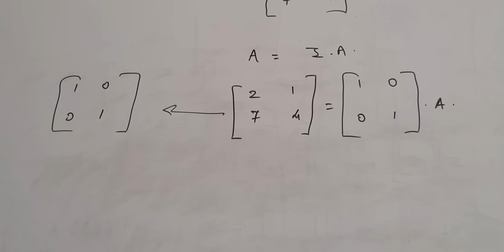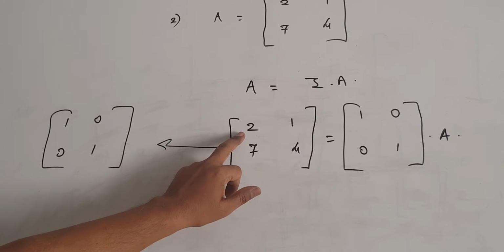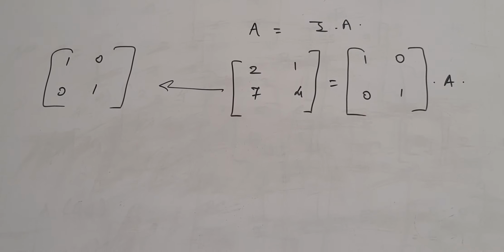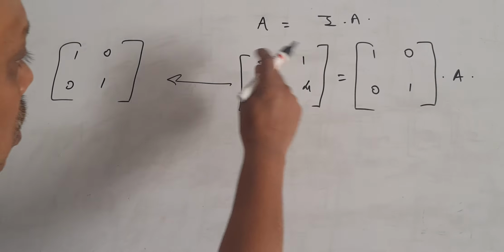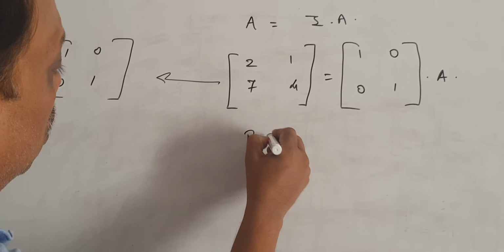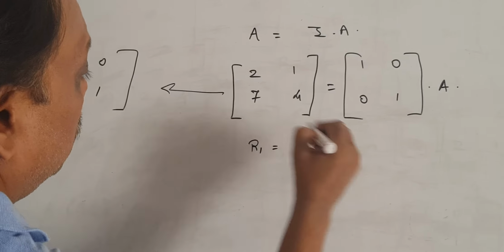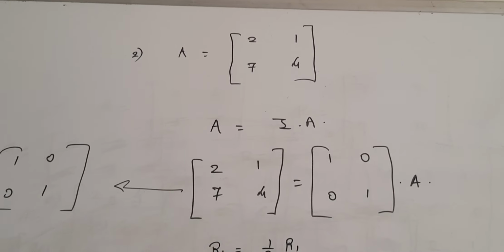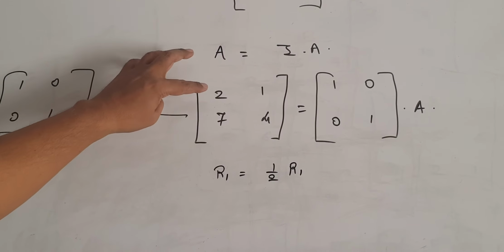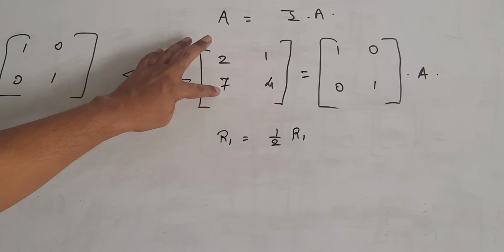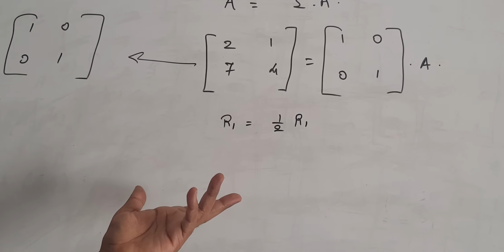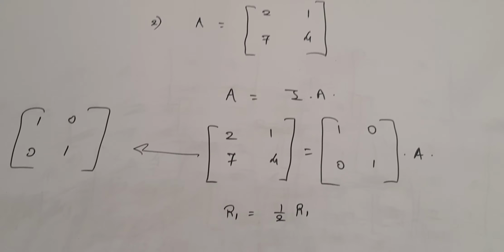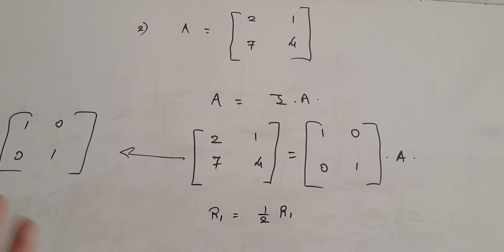Understand? So first of all, here 2 is given while we want a 1. So what do we do? We divide by 2 here. So the first row we divide by 2. There are so many different ways. Once your logic is clear, then it will be very simple. You can multiply here by minus 3 and add to this. Then also it will work out. 7 minus 6 is what? 1. Okay? But see, what to do for the rest? This is a common technique. So it will be very simple.